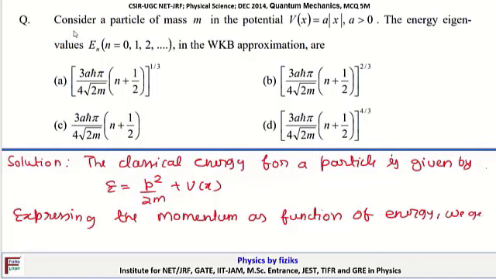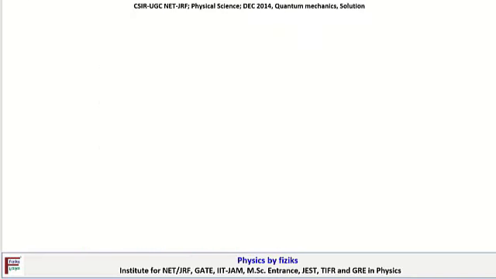We get P is equal to root over 2m (E minus A mod x) power 1 by 2. The turning points for the particle are obtained